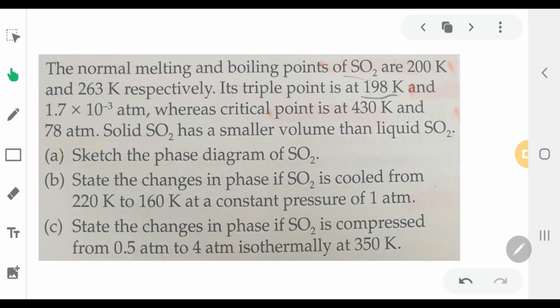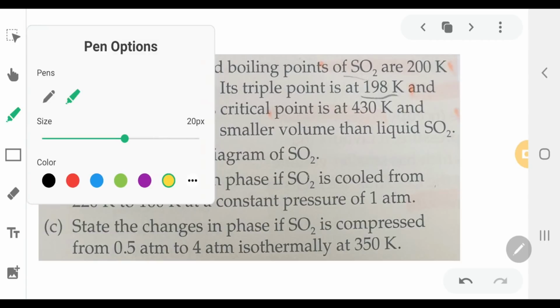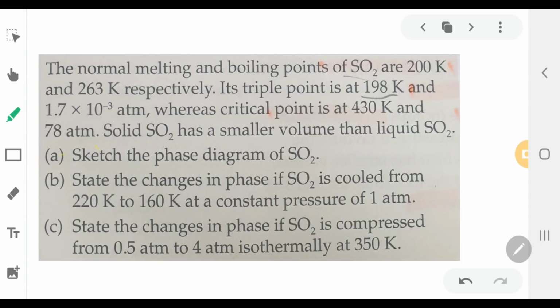dioxide. And if you read the question further, it gives you some information that you need to include in your phase diagram. First of all, you need to have your triple point, which is at 198 Kelvin and 1.0 times 10 to the power of negative 3 atmospheric pressure. That is the triple point. And of course, you're going to have your critical point at a temperature of 430 Kelvin and